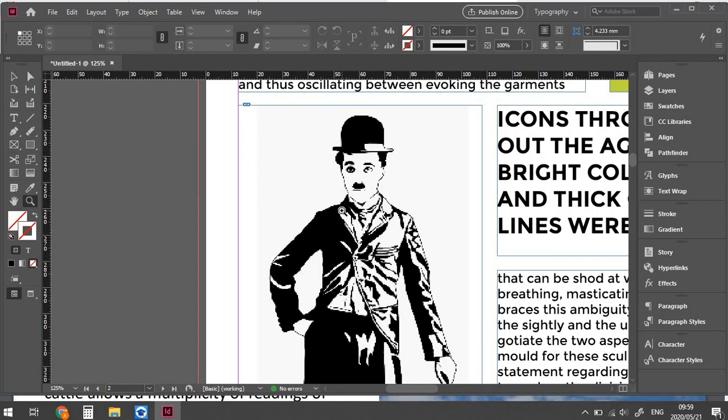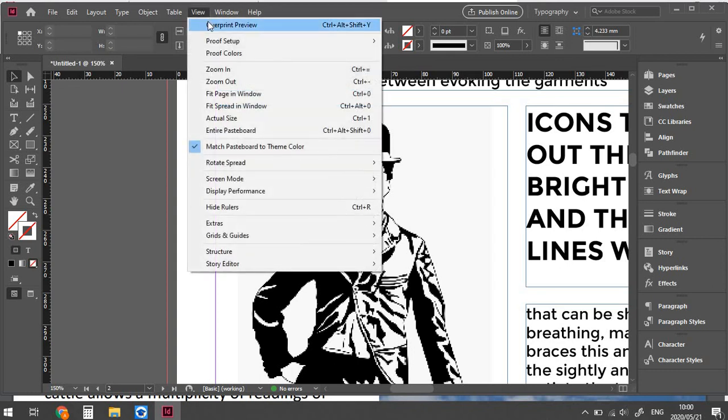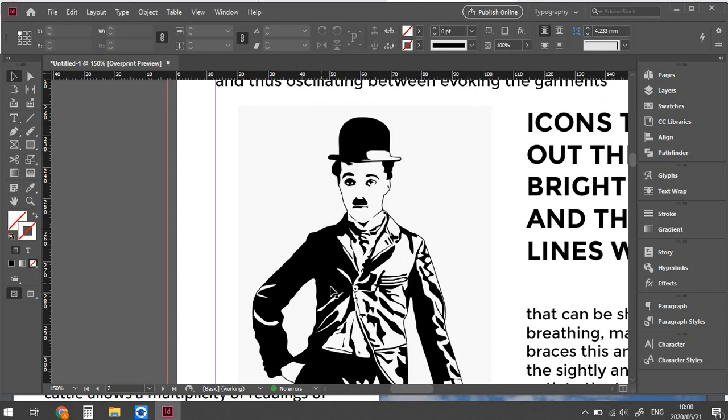When you put an image in InDesign, the quality always looks horrible. Because in InDesign you work with a lot of pages at once, the file sizes tend to get incredibly large, which makes the program work really slow. So here it gives you a low quality preview image to keep the document smaller. If you go to View, Overprint Preview, do you see what happened to the image? It makes everything really good quality,